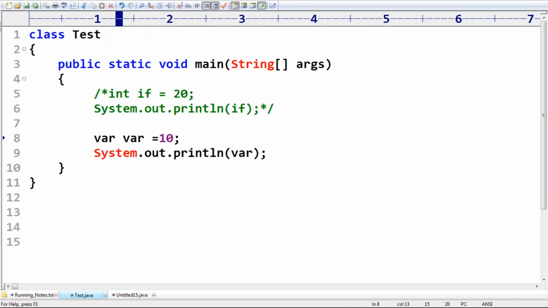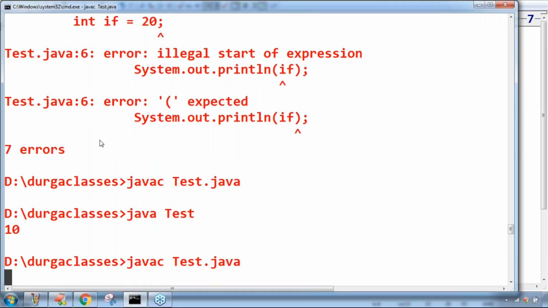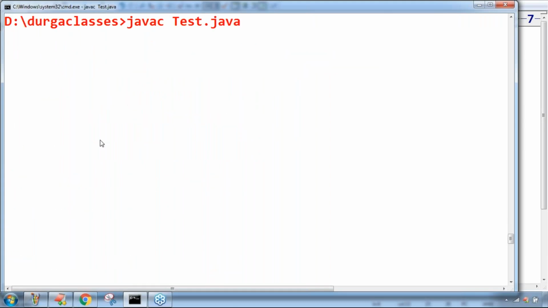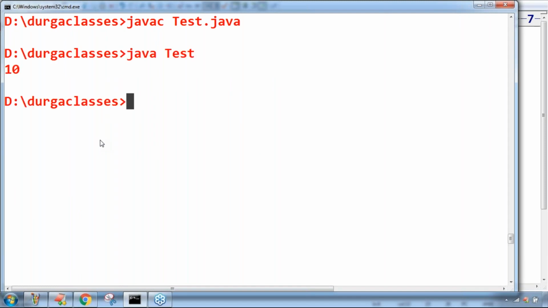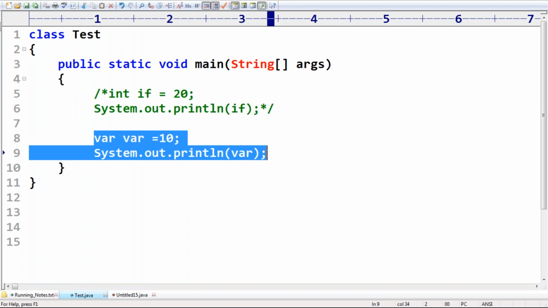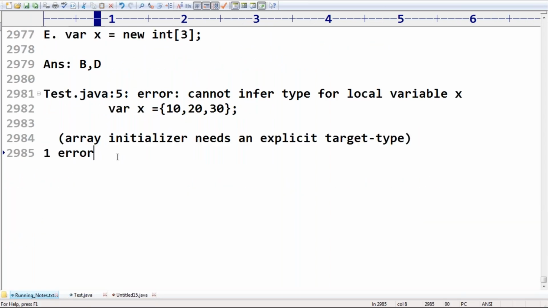Even if you use var as an identifier, 100% this one is valid. No problem at all. A bit shocking, so take special care: var is not a keyword in Java. That's why we can happily use var as an identifier. Remember, these are very, very important, dangerous points.